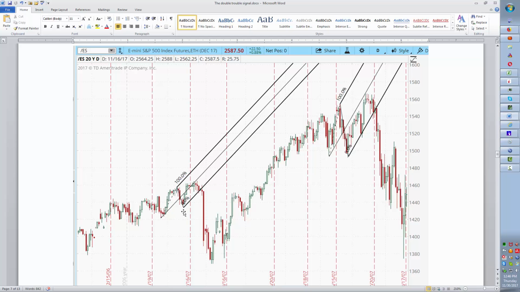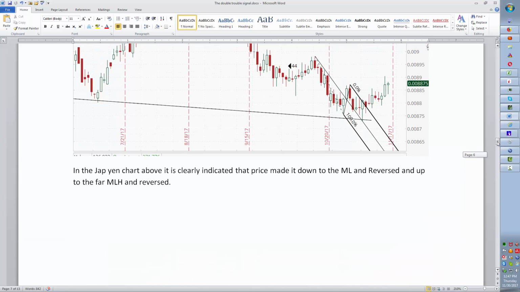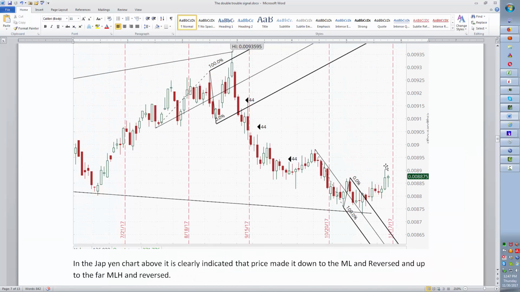Now, I want you to know, unless you understand what my logic is in this stuff here, selecting how to draw the median line and the median line parallels is going to be pretty much hit and miss for you. Okay. So you really have to know what you're doing. Yeah, here's a double trouble signal, and here's another one. Okay. So notice, I'm drawing these median lines, and why did I pick this point and these 2 points here instead of this point here, this one here? And